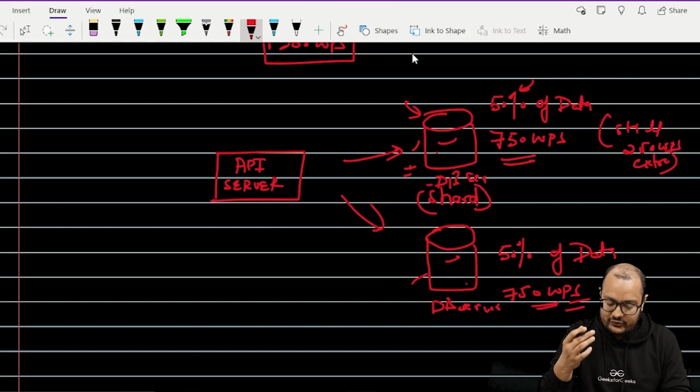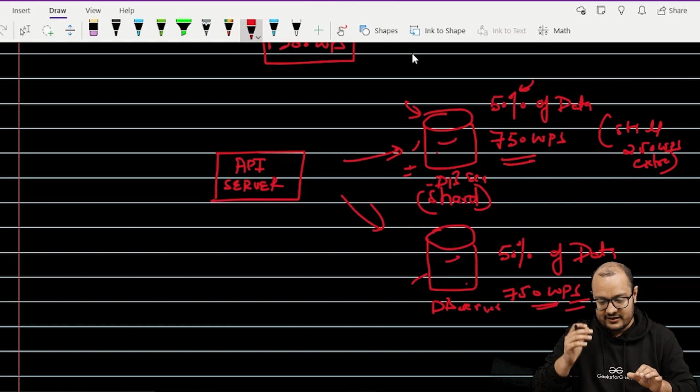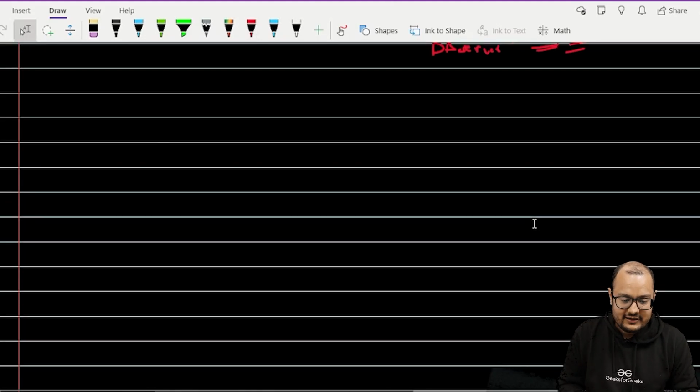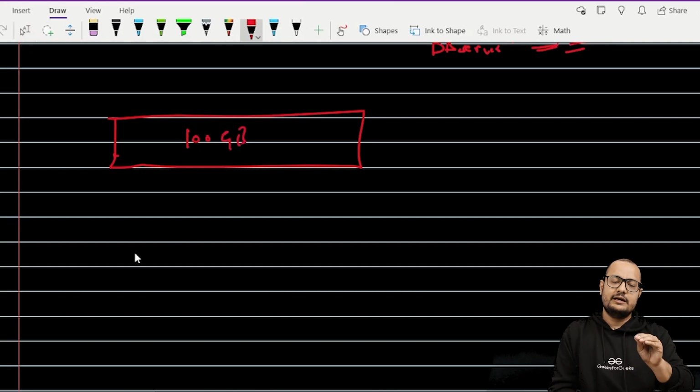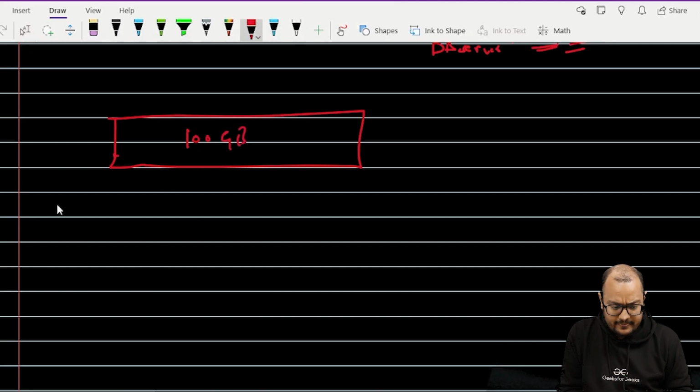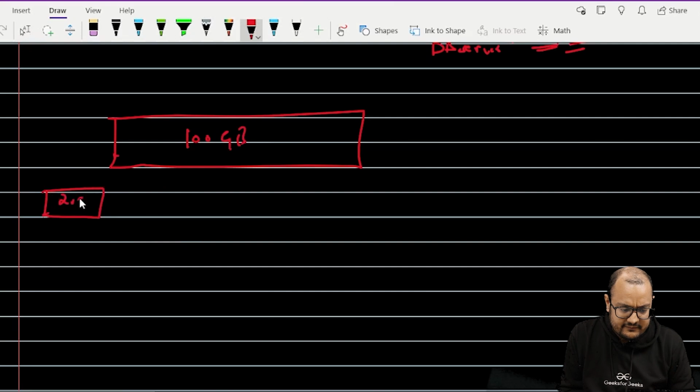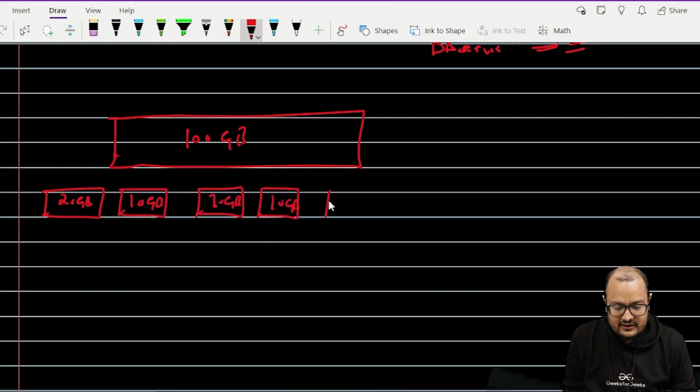Let's now try to dig deeper and understand partitioning in more detail. Let's say I have 100 GB of data. Now I want to divide it into 5 partitions. Let's say 20 GB, 10 GB, 30 GB, again 10 GB, again 10 GB, 20, 30, 60, 70, again 30 GB.